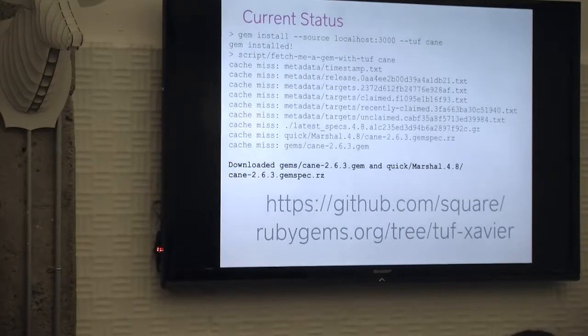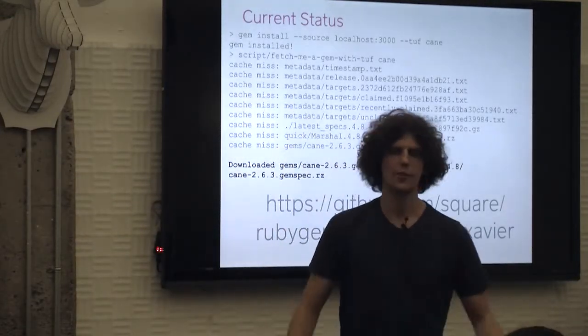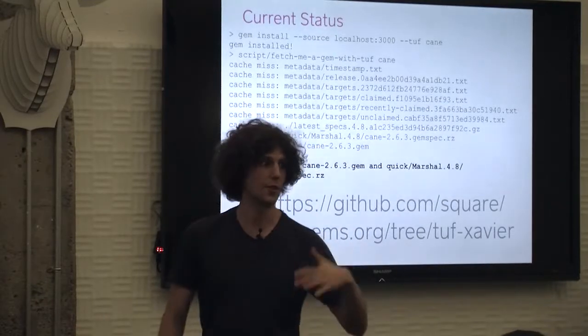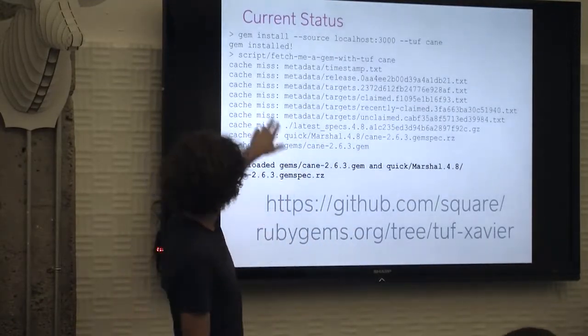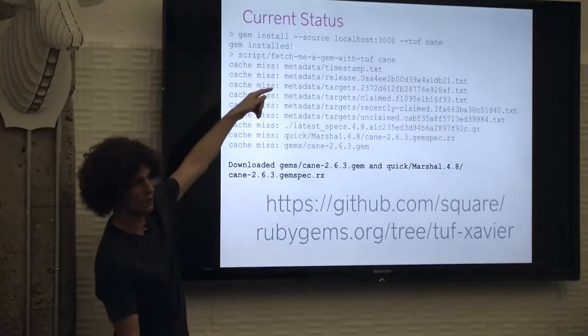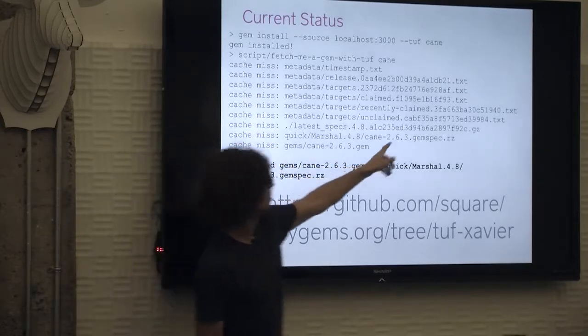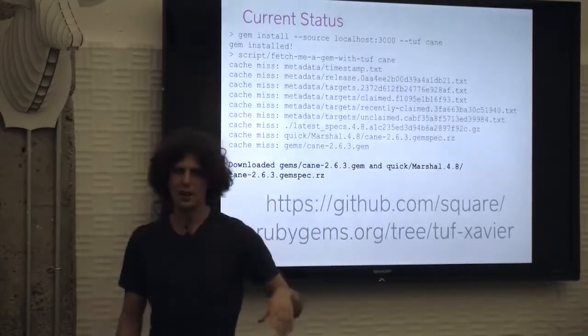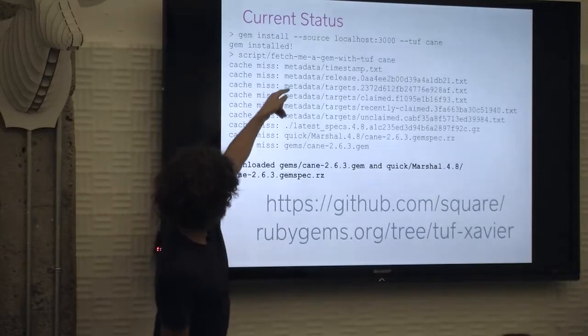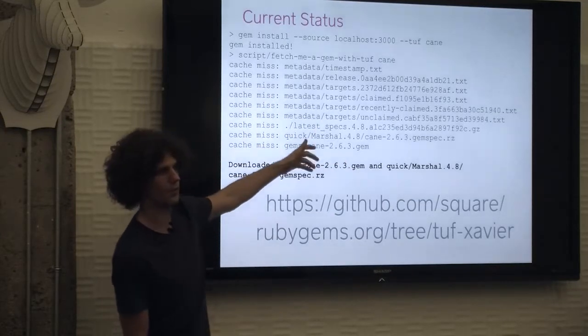There's this script here that I provided, because if you use gem install, you're like, well, I don't really know if it worked. So I created another script which actually shows you everything that it's doing. You can see here that it's going through and fetching a timestamp file that does the freshness stuff, the release that does the consistent snapshot stuff. You can see there's some SHAs in the file names here. Et cetera, goes through the targets, and then eventually fetches the files based on the stuff that it got out